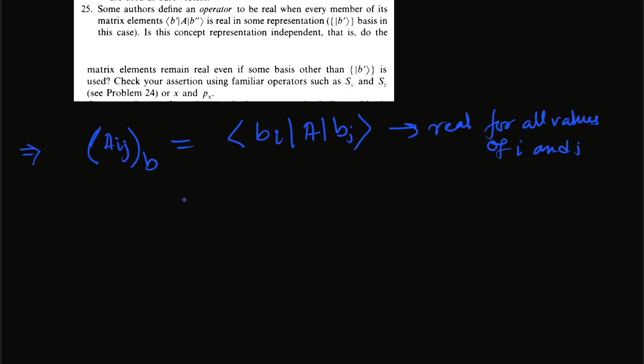For all values of i and j, let us express this matrix in another set of eigenkets or basis, that means in basis C. What we'll get is that the matrix element lm in the C representation will give, from the orthonormal condition, we know that,